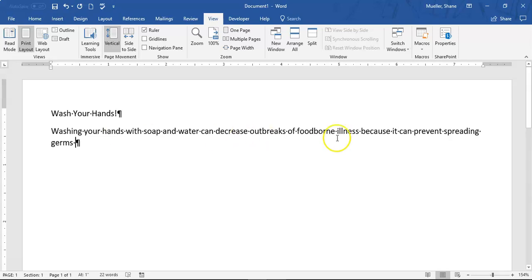Now you'll notice that when I typed spreading germs, the text automatically wrapped to the next line. That's called word wrapping or text wrapping. Spreading germs from your hands to food, period. All right. And again, that word wrapping automatically wraps text, and you'll notice right here we've got a space